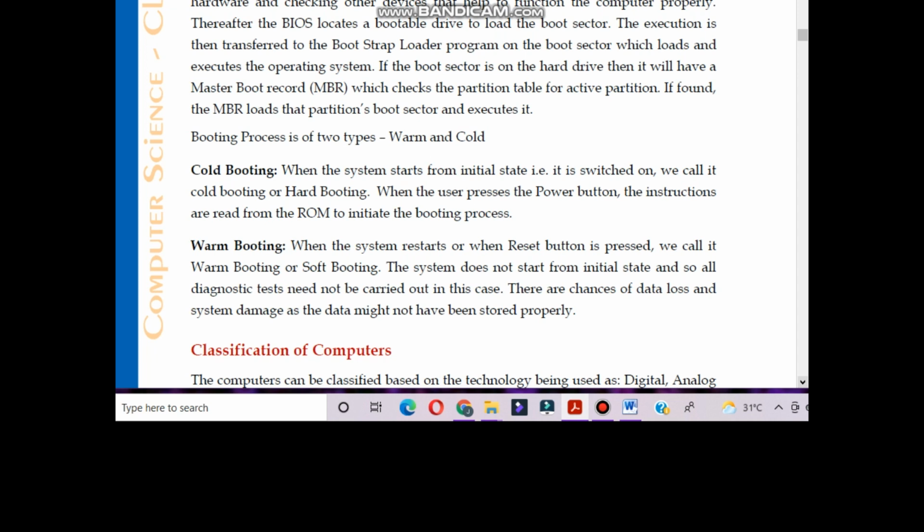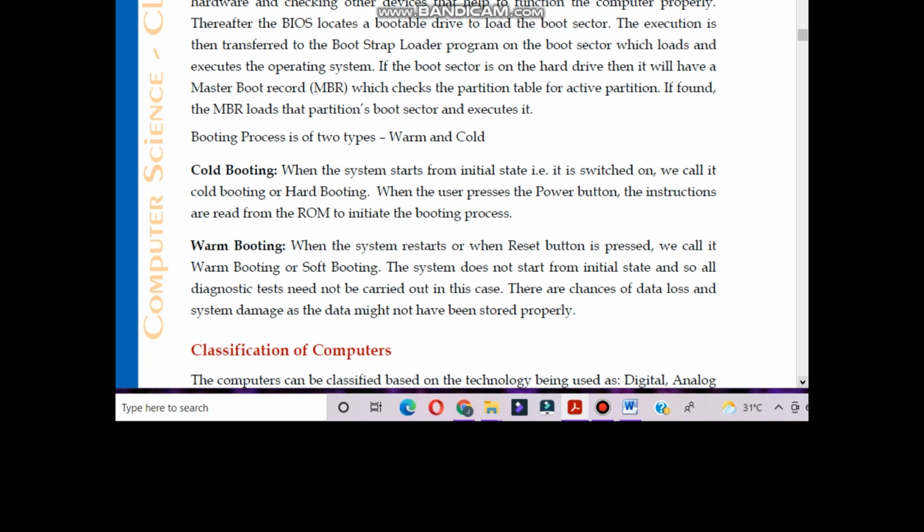What is warm booting? When the system restarts or when the reset button is pressed, we call it warm booting or soft booting. Sometimes we have to restart our system.